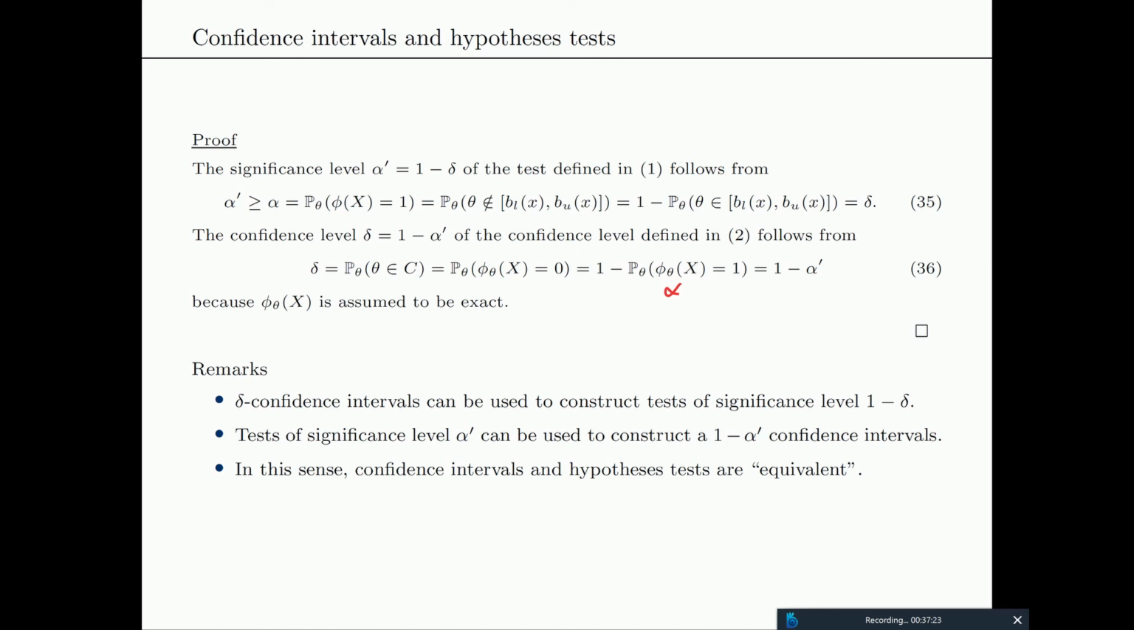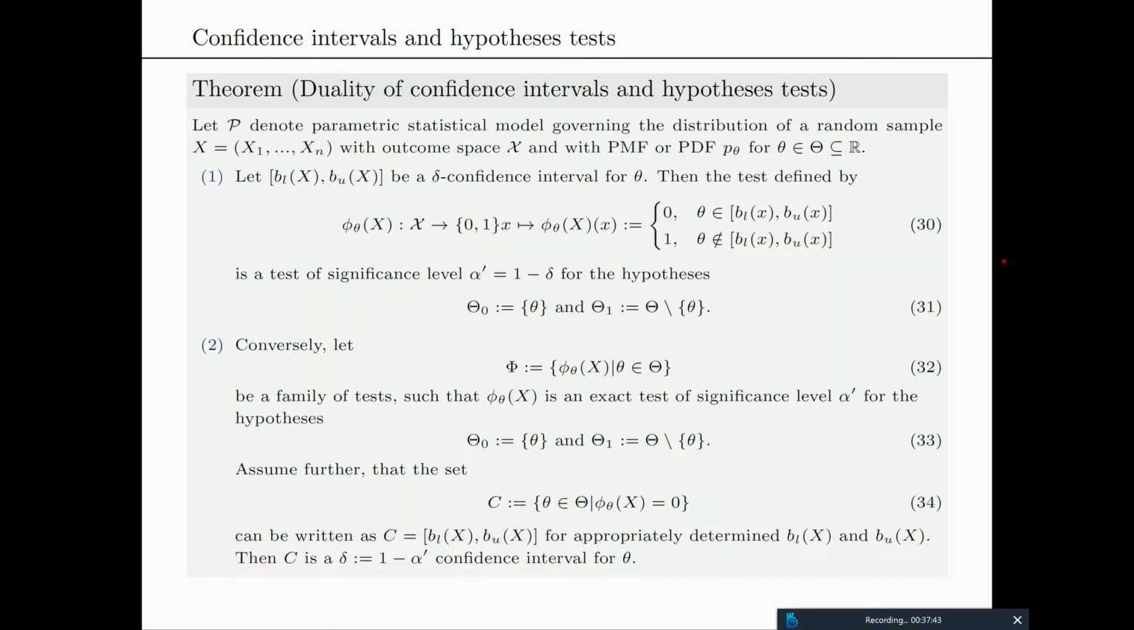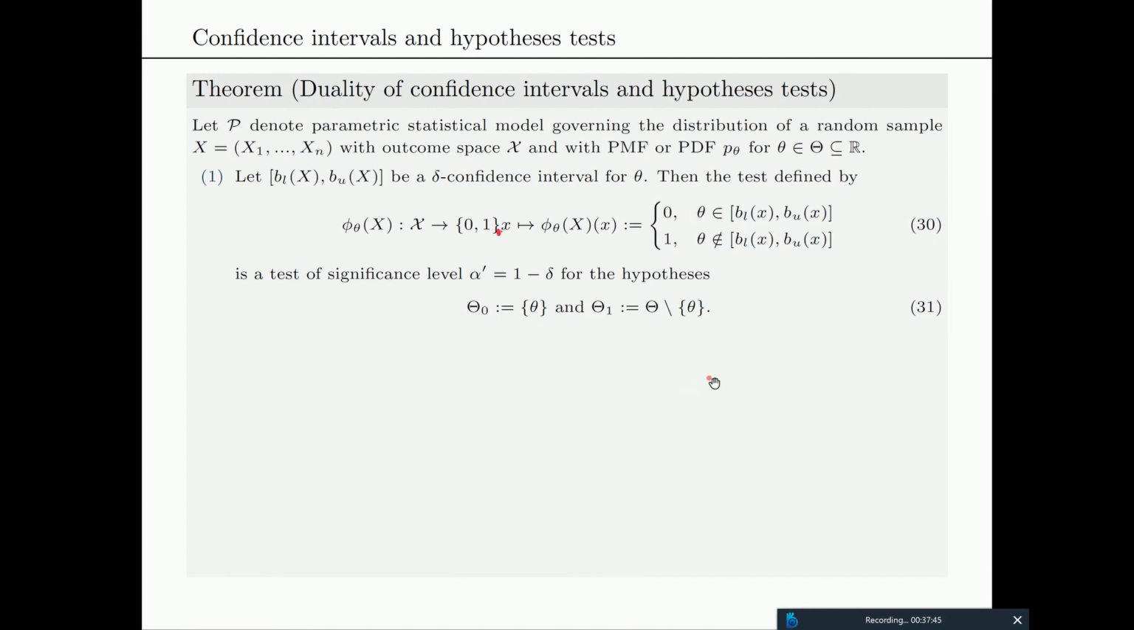So the bottom line is delta confidence intervals can be used to construct tests of significance level 1 minus delta. Tests of significance level alpha prime can be used to construct 1 minus alpha prime confidence intervals. And in this sense, confidence intervals and hypothesis tests are equivalent. They are not equivalent like it's the same thing. They are the same thing if you, based on a delta confidence interval, define a test like this, or based